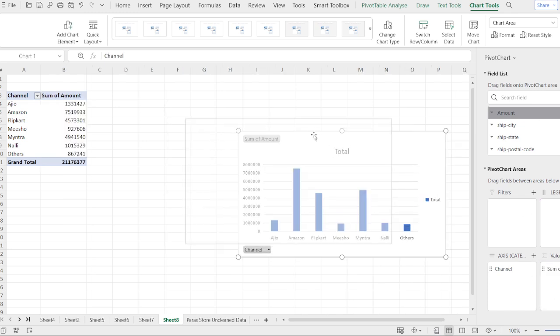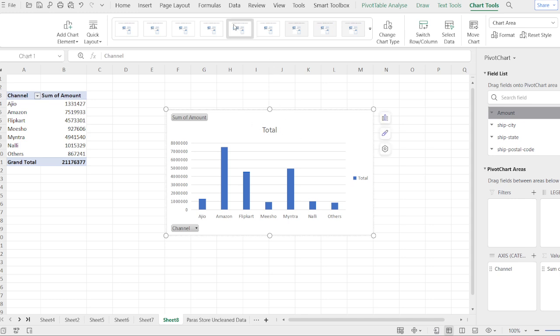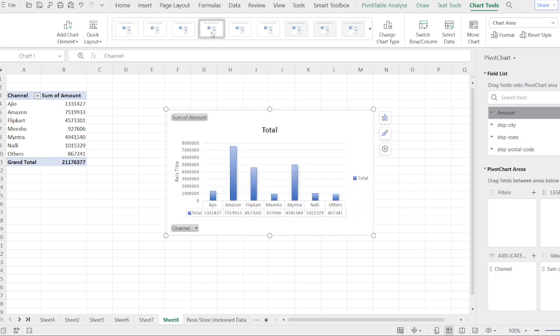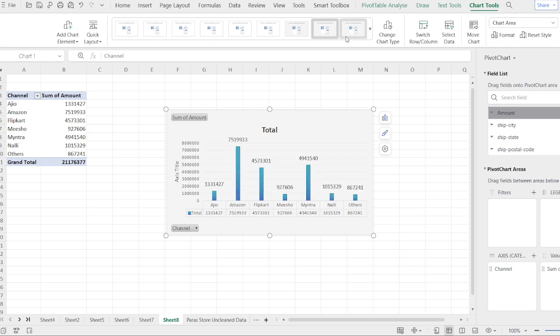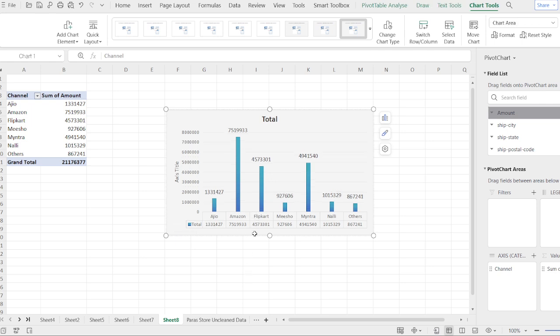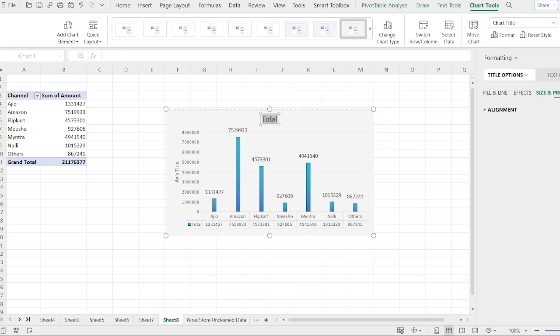All right, and we are having this graph, but I need a little. All right, this is a very good graph, right? Quite good enough. And again, the same thing, hide. And the total, what is the graph about? This is the graph about channel sales. All right. And now Control X